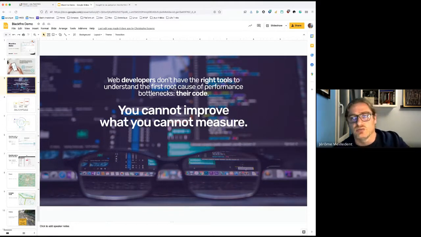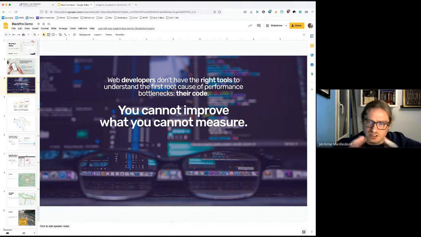Once it's running within the PHP FPM engine, within the web server, then it becomes a black box. It's like the engine that has been ignited, and you cannot see anymore what's going on. And a profiler is made precisely for this.